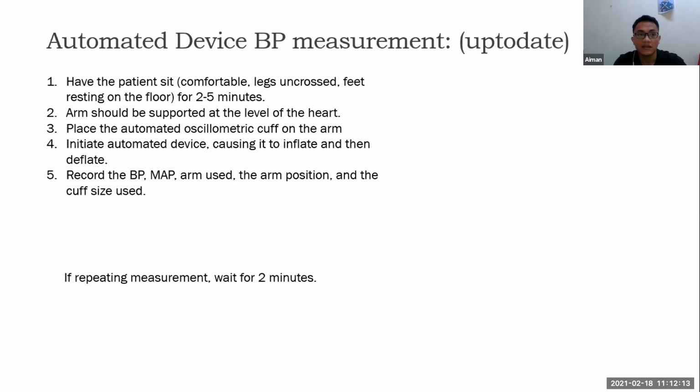inflate and then deflate. So we automatically get the systolic and diastolic measurement. Then we record the blood pressure, MAP, mean arterial pressure, arm used, arm position, and the cuff size that we use. If we want to repeat the measurement, make sure we wait another 2 minutes before we start